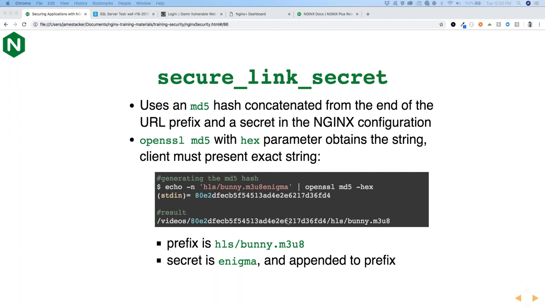And of course, when you encode it, it looks something like this. But the way you encode it in the request is that it's prepended before the actual path to the file in this example. You're using OpenSSL to generate that hash, and then this is what the request would look like when it comes through. Now, what it looks like in the config, however,